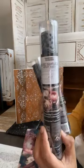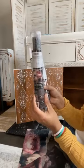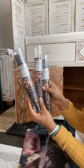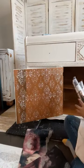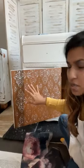They come in 2 sheets. And this is the Zara, Z-A-R-A, Zara tissue paper, and I will be using 3, so 1 on each door, and there are 3 doors here. So I will first be showing you how to do decoupage with tissue paper,